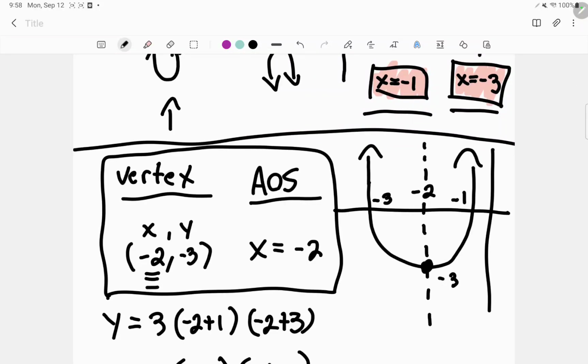Alright, pretty self-explanatory, so I hope you guys liked that one. This one's not the shortest. It took a little longer just to explain it, but that's